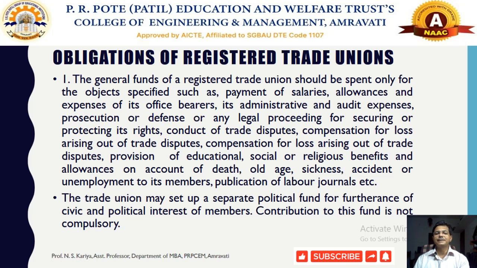So some sort of benefits in the form of free education or adult education, some social security measures, some sort of religious benefits that need to be provided to its members, along with some different forms of allowances, particularly on account of the death of the member of the trade union due to, suppose say, old age, sickness or accidents. So whenever any of these can be applicable, they need to arrange either some fundraising activity and distribute the fund among the deprived person, with respect to either old age, sickness or accident.